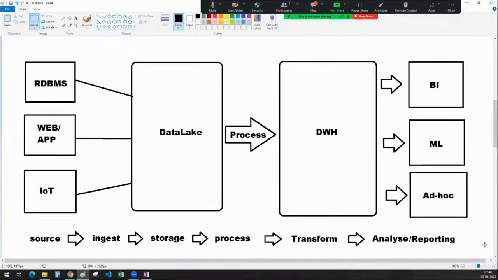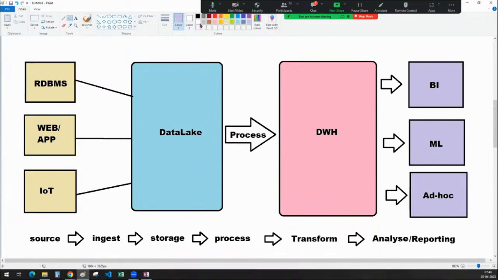Okay, this is a typical architecture. In this one, you have data sources, and you are ingesting into the data lake, and from the data lake to the data warehouse. Finally, you will have different requests. So in a data life cycle, these are the processes you come up with, guys.